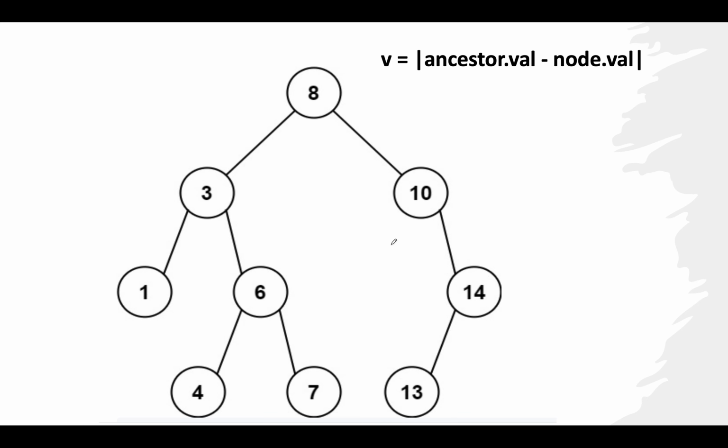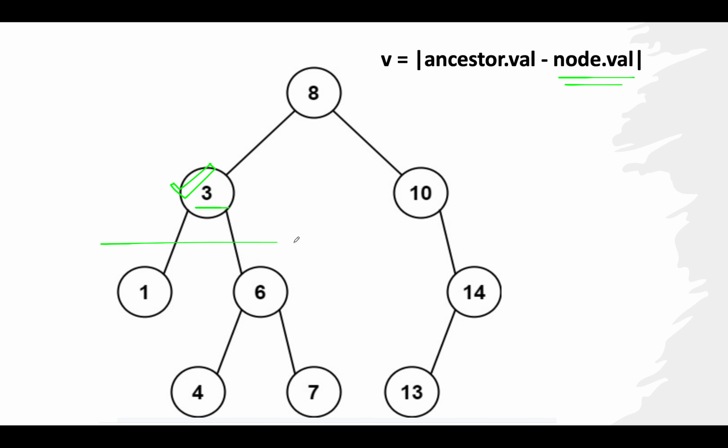We'll iterate through the entire tree and we'll consider each node to be of type ancestor. We are more interested in finding out those nodes that will actually lead to the maximum difference, given we have fixed the position of the ancestor node. So let's try and understand it by an example. Let's assume we have fixed the position for the ancestor node as 3. Now we are interested in finding out those nodes that will lead to the maximum difference.